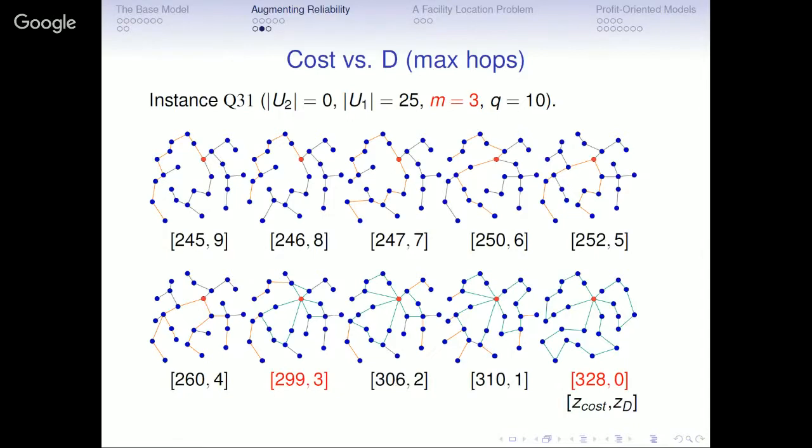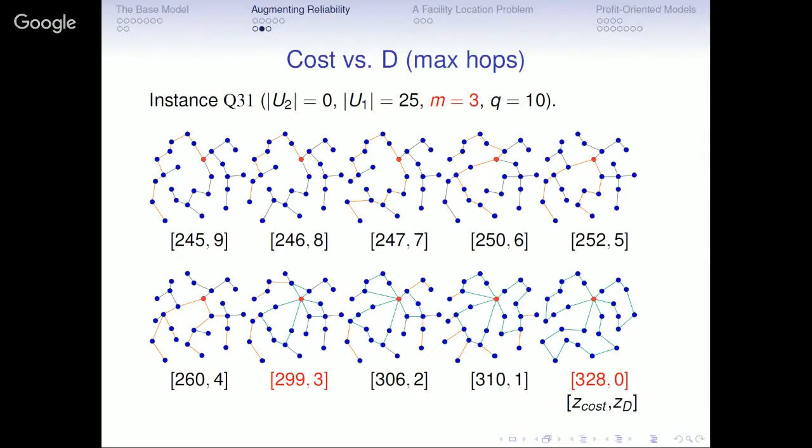So the first one here minimizes the overall cost, and has no bound on the maximum number of hops. Then you get a network which looks like this one here. And I show here in orange the worst hop path that we have for this leaf here. We have a length of 9,